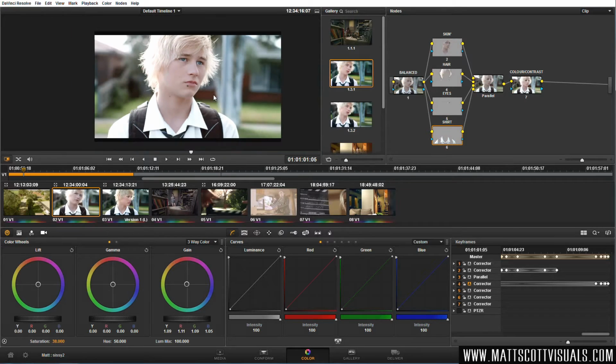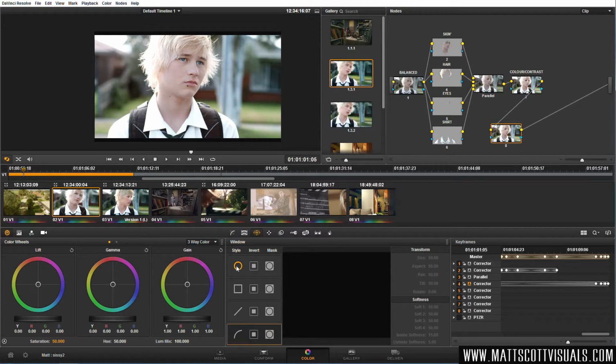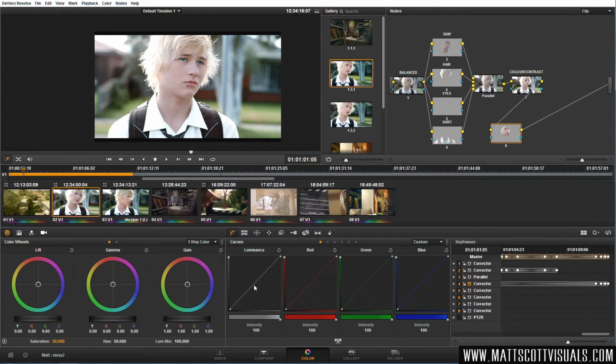Now, what if I wanted to affect everything outside of a selection? The way DaVinci works is it's really powerful. Let me just demonstrate with a single node here. So I've just added a new node. And I'm just going to add a mask here. So here's a mask. Now, if I made that dark just by dropping a curve in there, you can see that the inside of the mask is dark. But what if I wanted to maintain that correction,